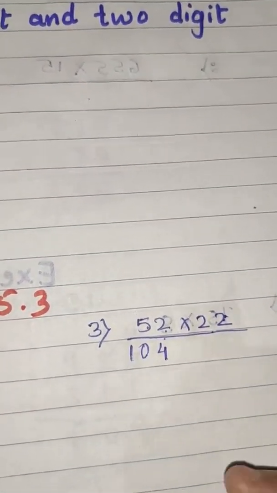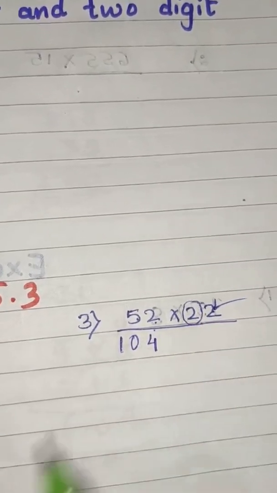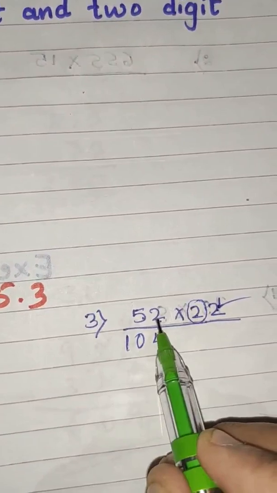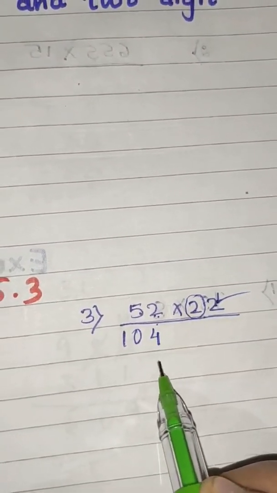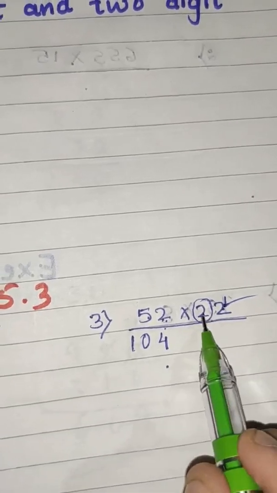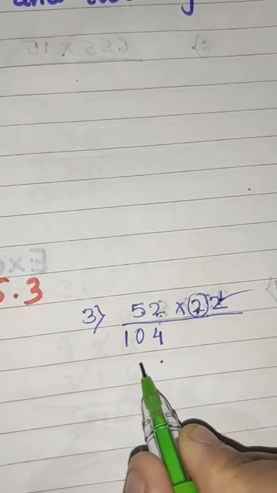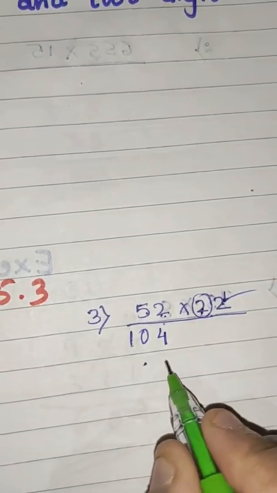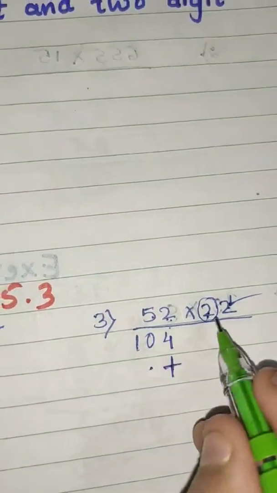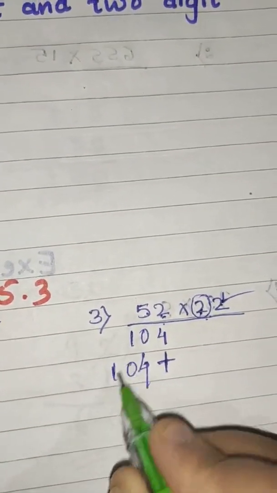Next, after finishing this one, we have to move to the next number, that which is there in the 10th place. Now 2 2s are 4. Where do I have to write? Here? No, because this 2 is in the place of 10. So we have to start writing the number from the 10th place only. So here you have to leave it. So here we have to write plus. So 2 2s are 4. 2 5s are 10.